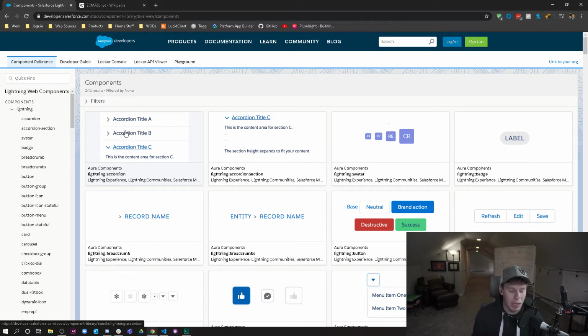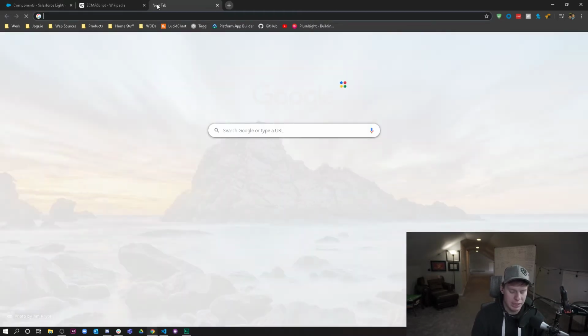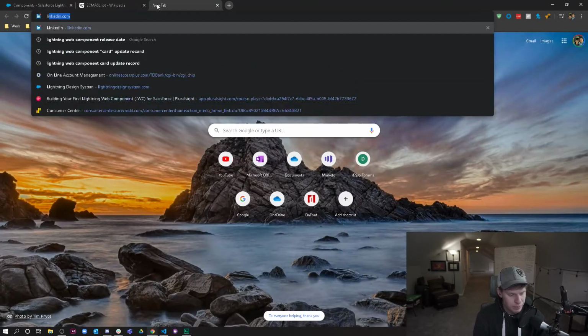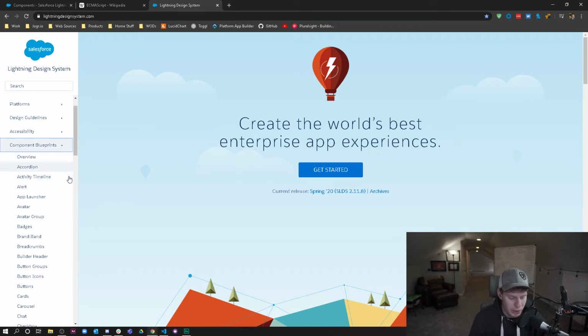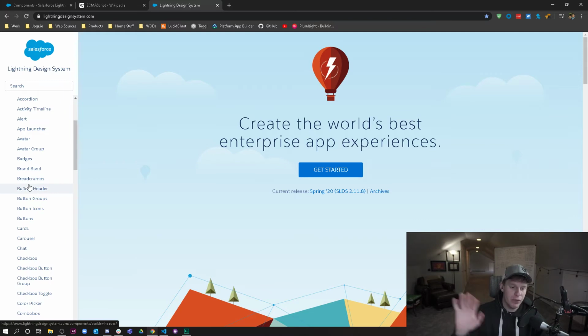On top of that, they give you a framework to work out of, utilizing the component reference that you're going to see here, as well as the Lightning Design System. Right? The Lightning Design System is the CSS explainer, if you will. You can also look at component blueprints and all this. This is kind of all over the place, but